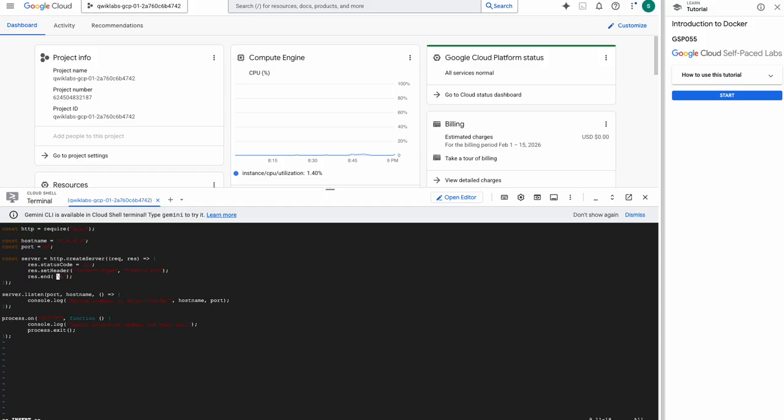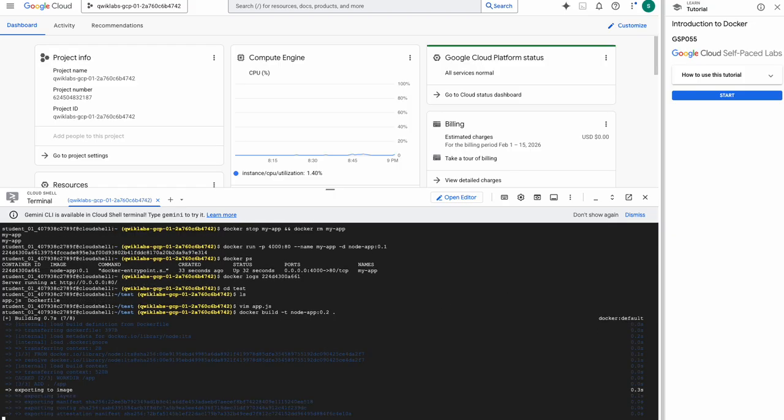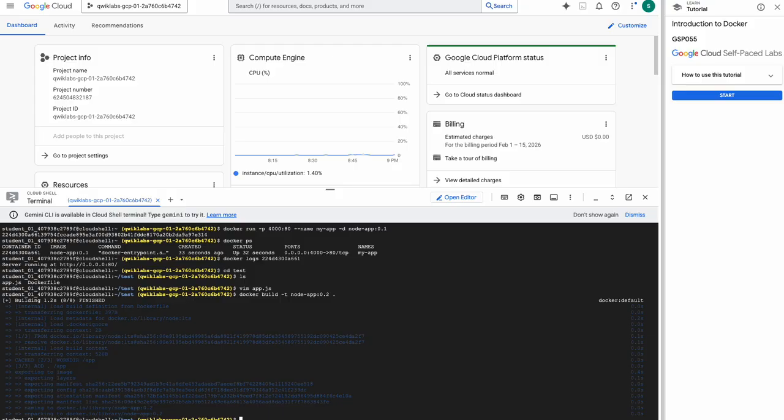Cool. Now just saving it. Cool. Now I will try to build again with the second version. Build -t with the second version, and then it will get to step 2 where you are using the existing cache layer, and from step 3 and on,